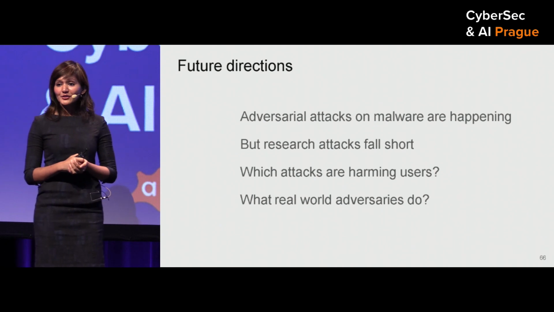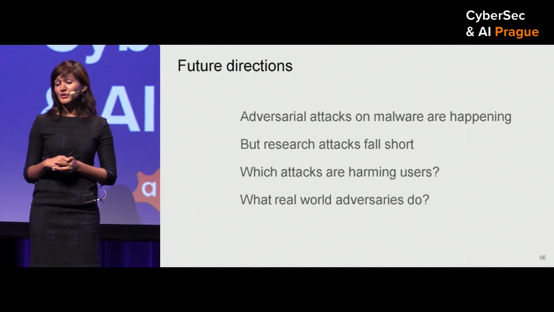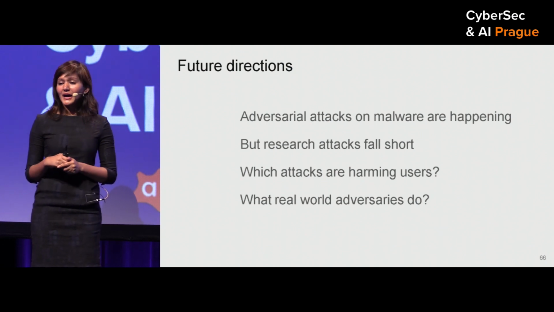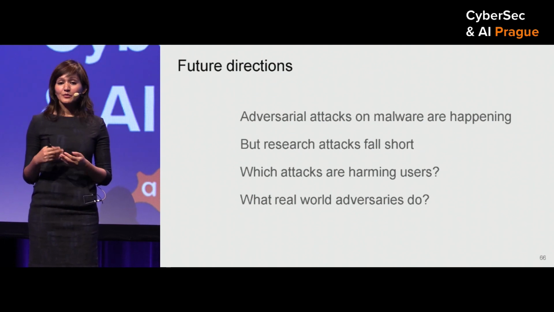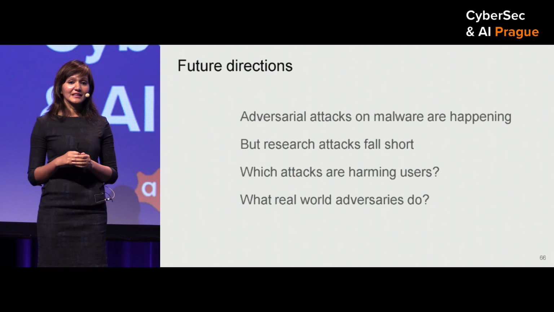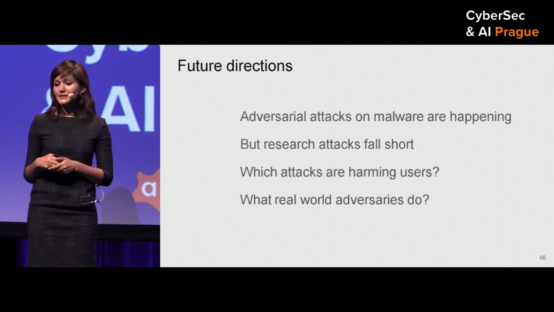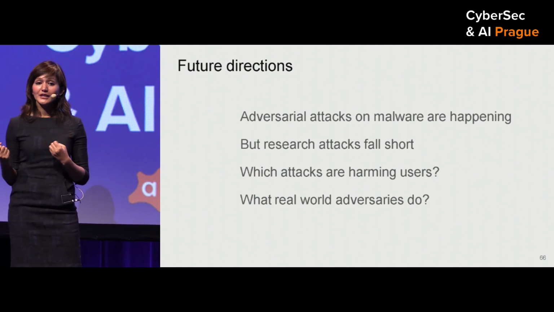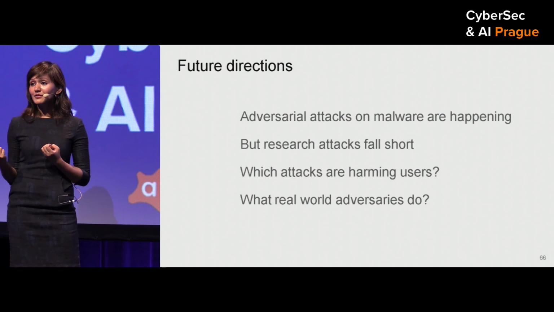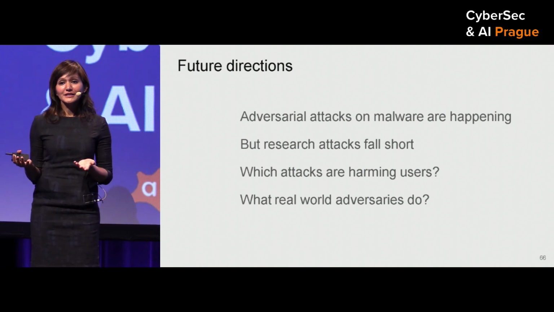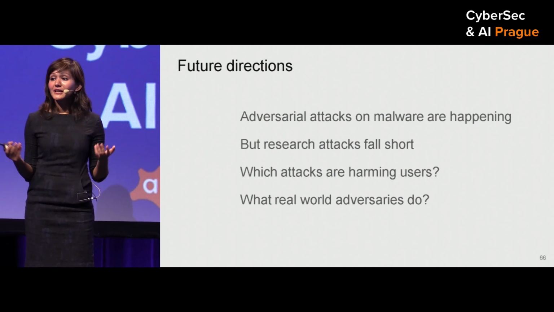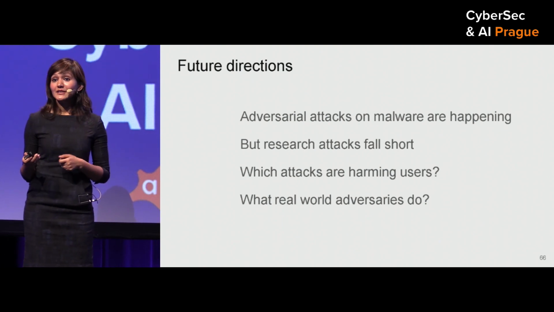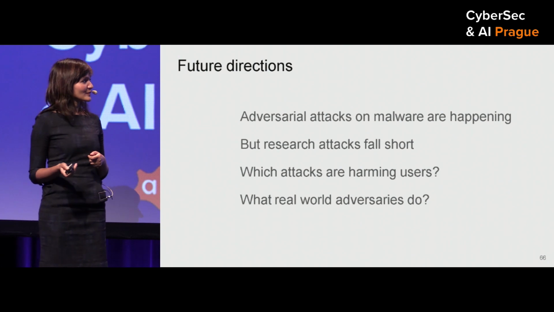So to conclude, adversarial attacks are a great way to debug machine learning models, which might seem like an opaque black box when we're using them. But while we are doing adversarial attacks on real-world malware detectors, we need to make sure that the attacks are valid adversarial attacks. For malware detection, while we're validating our attack, we need to ask what kind of attacks are really harmful to the users. Fortunately or unfortunately, in the malware domain, we have real adversaries that are doing adversarial attacks. So studying real-world adversaries can help us identify what kind of attacks are useful. So that was my talk. Thank you.